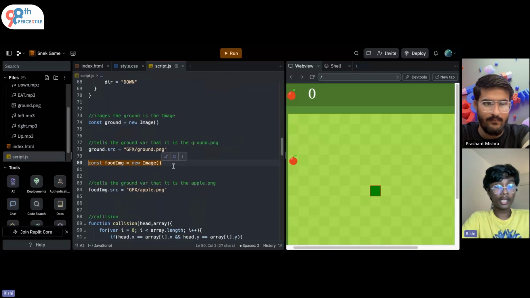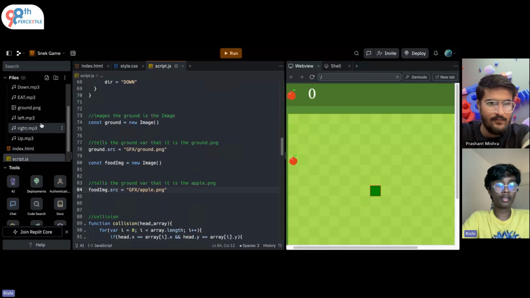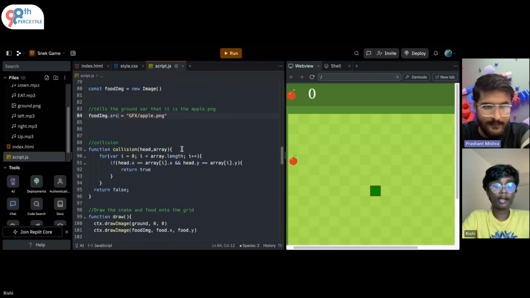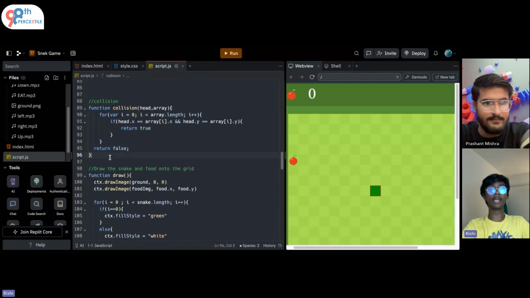And the food image is another image, and it tells the food image that the source is apple.png, so this one. Perfect. And so this is where we get into the more complex part of the code,